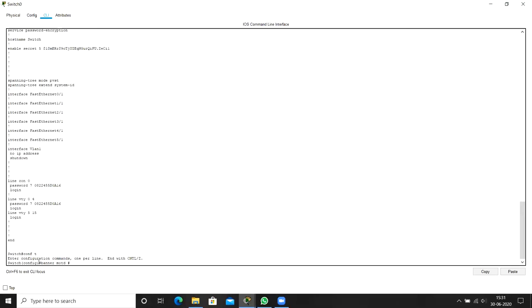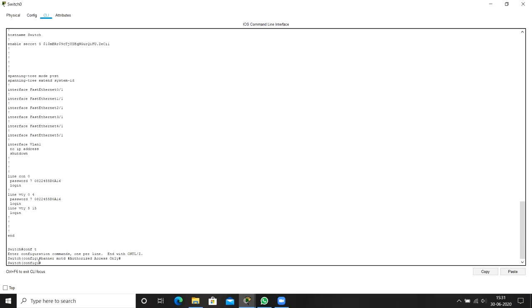Whatever warning you would like to give, you need to put in between two hash symbols or two dollar symbols. So that is authorized access only. Okay, this is the message. So you just press enter, and that will be applicable.